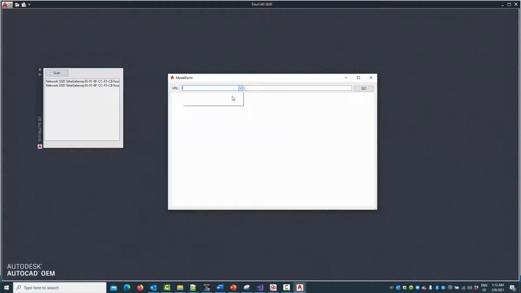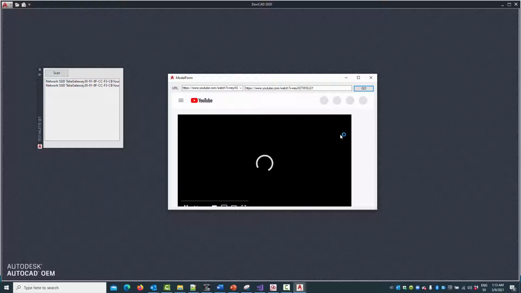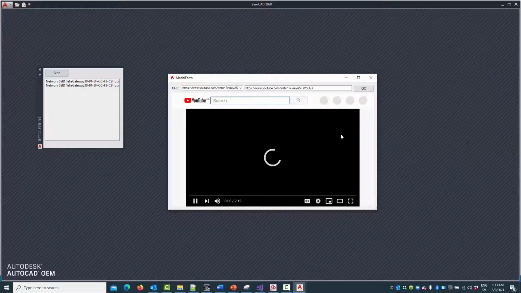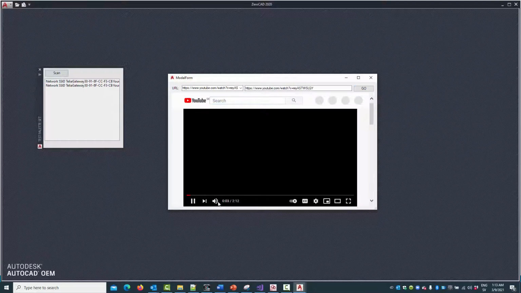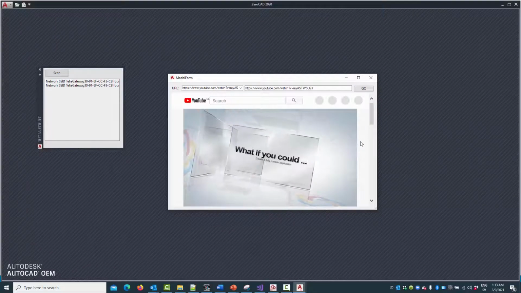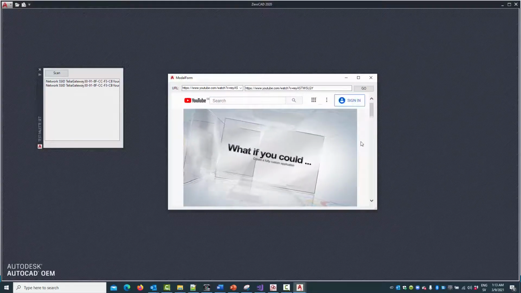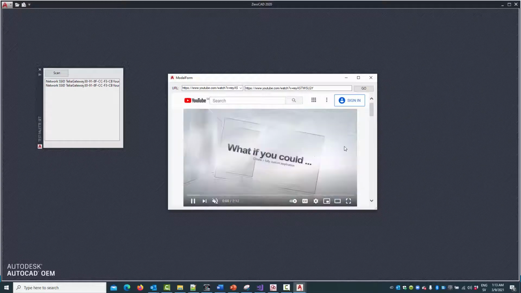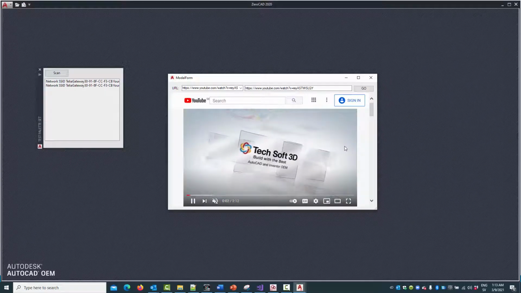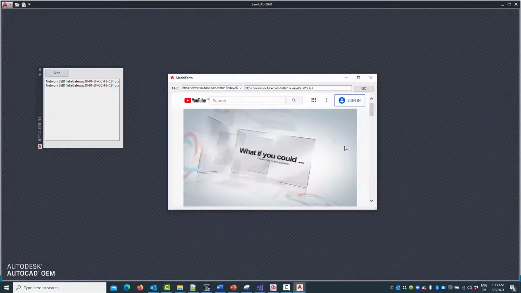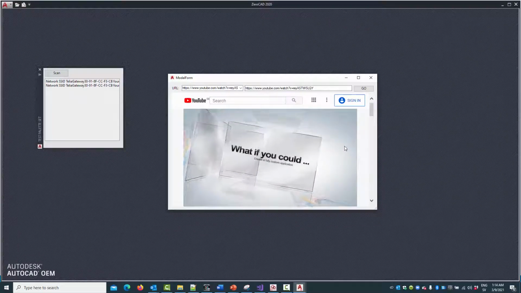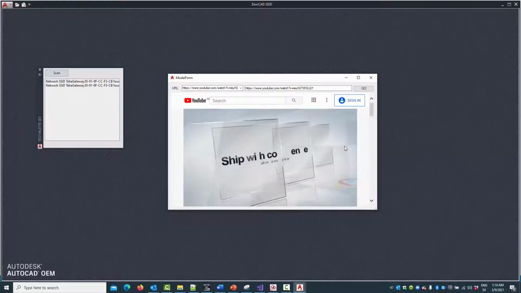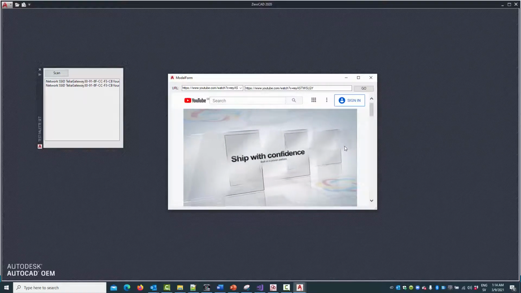This is just a silly sample that displays and lets you look at some YouTube videos in a form, typically TechSoft 3D and AutoCAD OEM related videos. As an additional exercise on your own, you can change the startup value to 2 and verify your UI won't display until a drawing is opened when the ribbon menu is initialized.